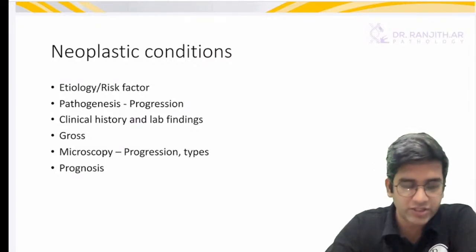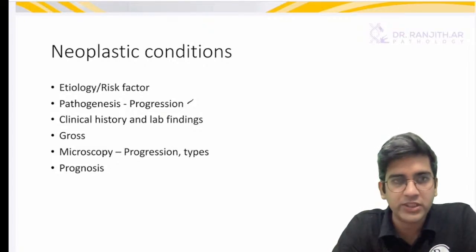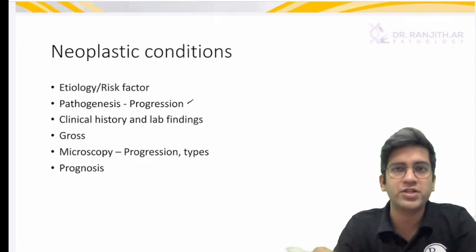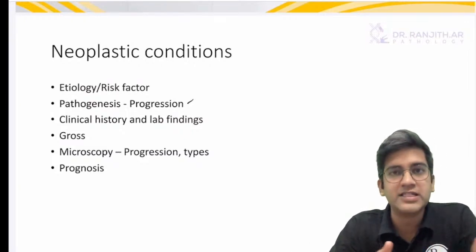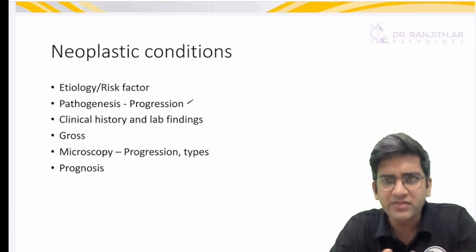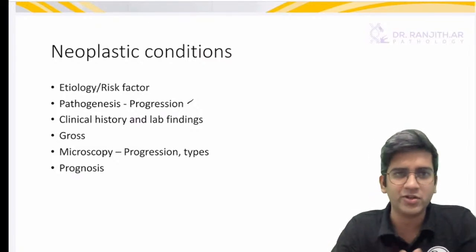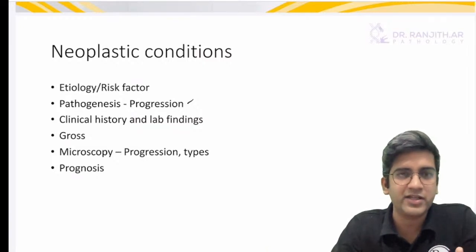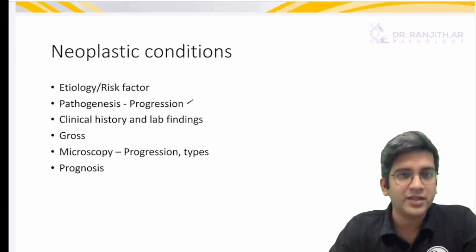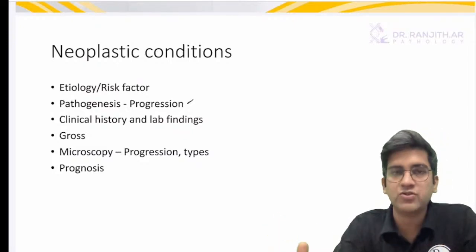Then pathogenesis and progression. If there is no particular progression of adenoma carcinoma sequences, we'll just stick to the pathogenesis part. Okay, this is going to cause mutation and is going to cause. But in colon and gastric cancer, we do have a progression, then we'll definitely go into that as well. Fine. Appendix, Pranjal, I am not sure appendix is there in your CBME curriculum at all. Appendix is appendicitis primarily. Fine. And appendicular tumors are not a part of the UG curriculum at all. Fine. Okay. And then we'll go to clinical history based on the disease, based on the structure.